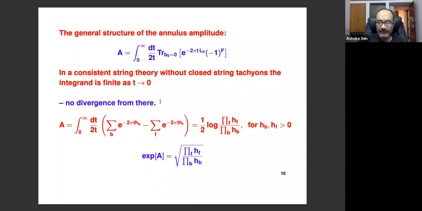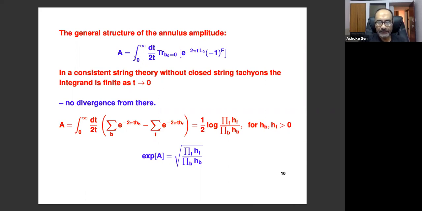Now here you may wonder how, even in two-dimensional bosonic string theory, where there are no fermionic modes, what cancels it? So here I should just add that when you say this (-1)^F, this includes also the ghost states, not just the physical bosons and fermions. So in two-dimensional string theory, for example, it is indeed true that there are no physical fermions in the open string spectrum, but there are ghost modes, and those also have to be included. So there are no divergences from t equal to 0.